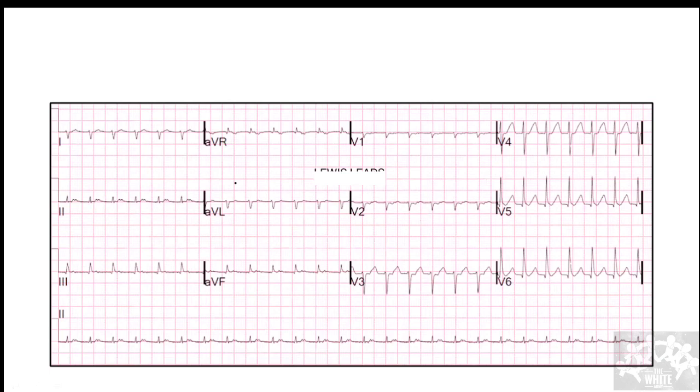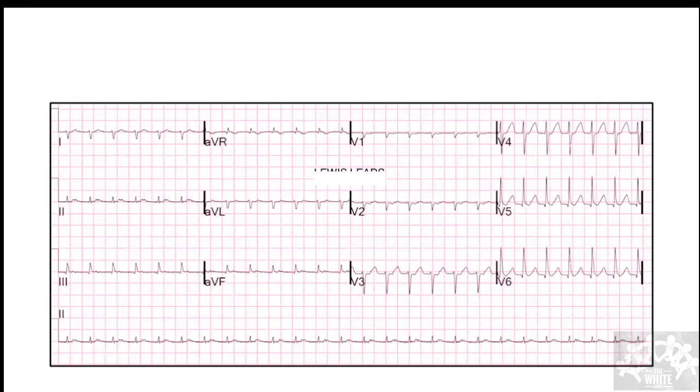Someone has mentioned Dr. Shenoy has mentioned, yes. This is Lewis lead. If you see here, it is given. So most of the time answers are in front of us. This is called Lewis lead. I told you Lewis lead is for picking up some subtle atrial arrhythmias. So this is how you'll get some P waves. All you can see here. Okay, fine. I think I'm done for today.